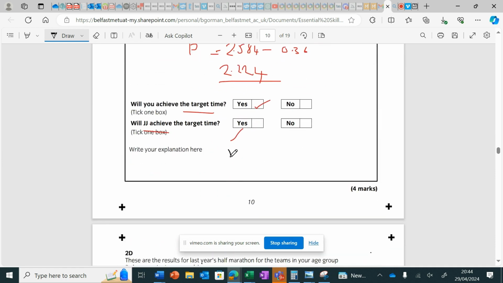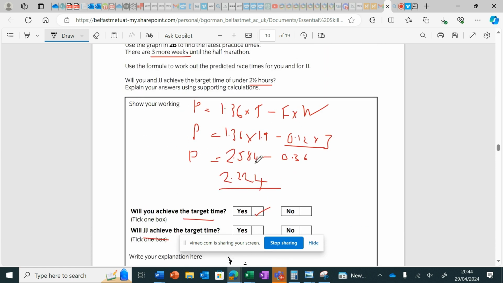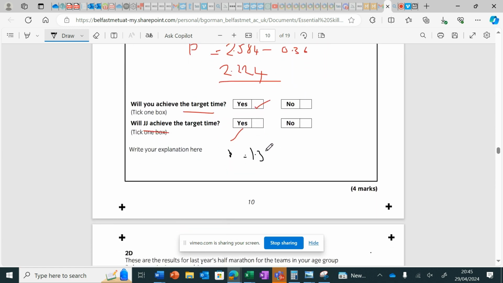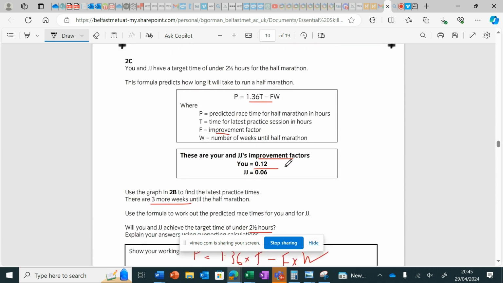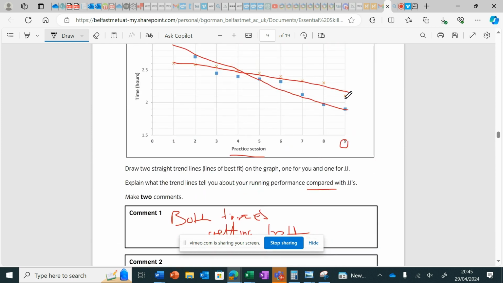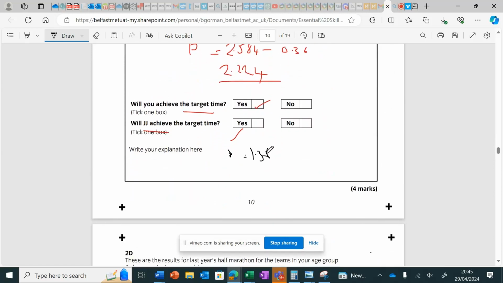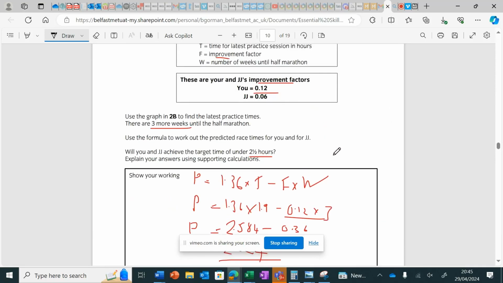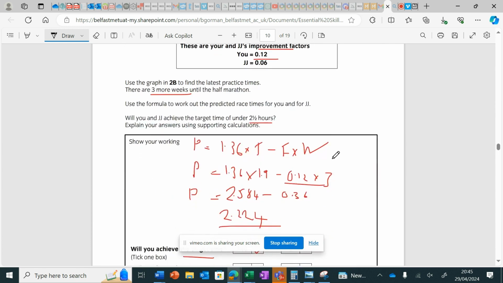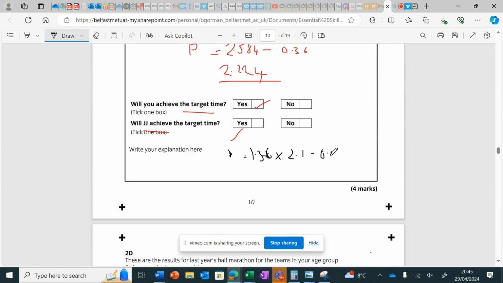So his predicted time would be P equals 1.36 times his latest time, which was 2.1, minus the improvement factor and the number of weeks, which is 0.06 times 3. Well, 0.06 times 3 is 0.18, and 1.36 times 2.1